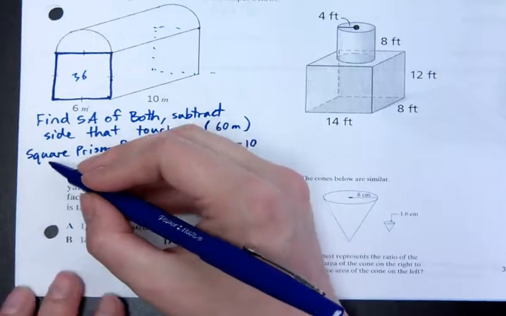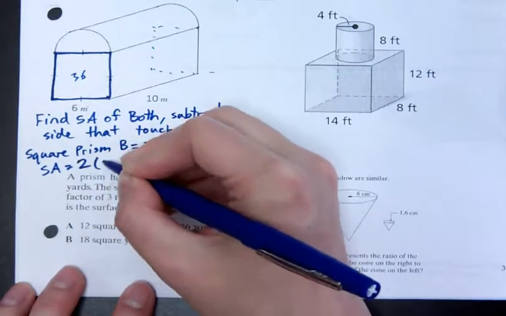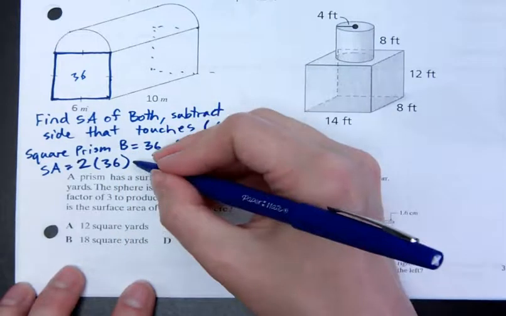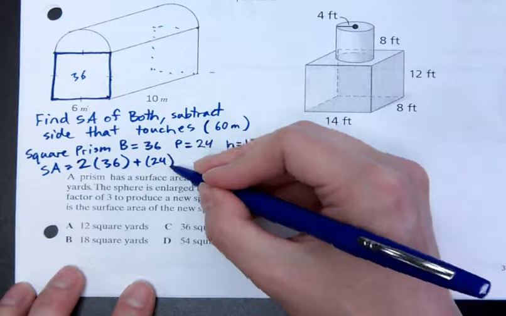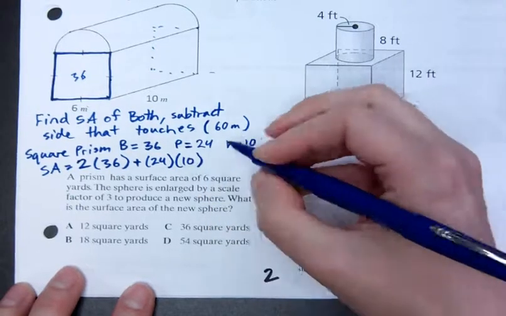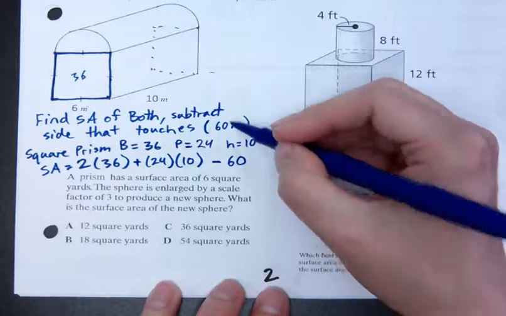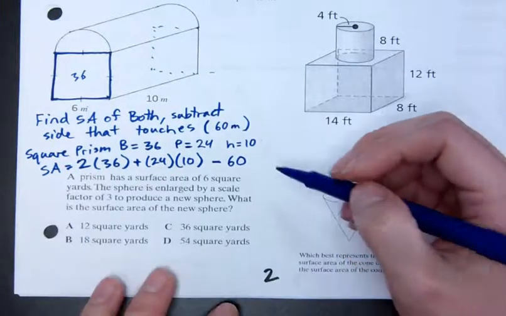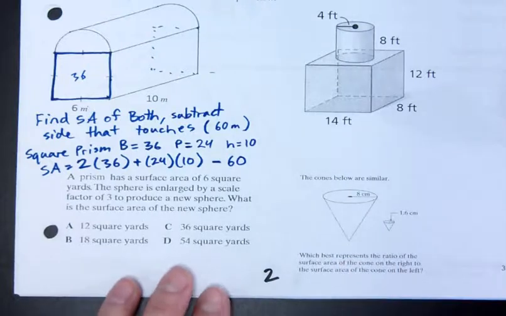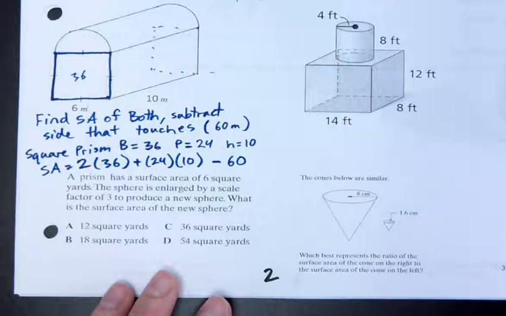All right, so then I just plug it in for my surface area equals 2 times the 36, 2 bases, plus the perimeter times height, so 24 times 10. And then I'm going to subtract 60 because I know I'm going to have to subtract out 60 meters there. And again, if you chose to work it differently, where you only found 3 sides of the base or just added up the sides, that's always an option. So that comes out to,